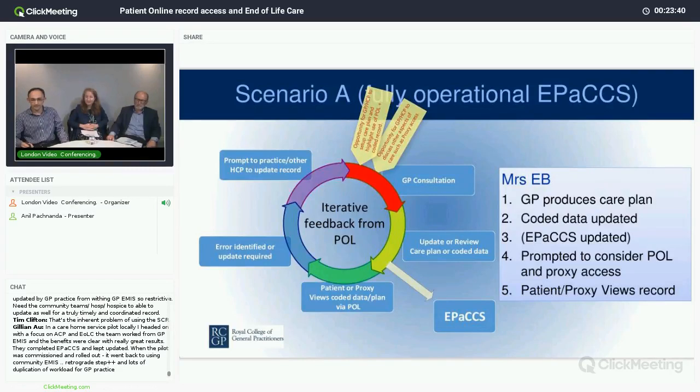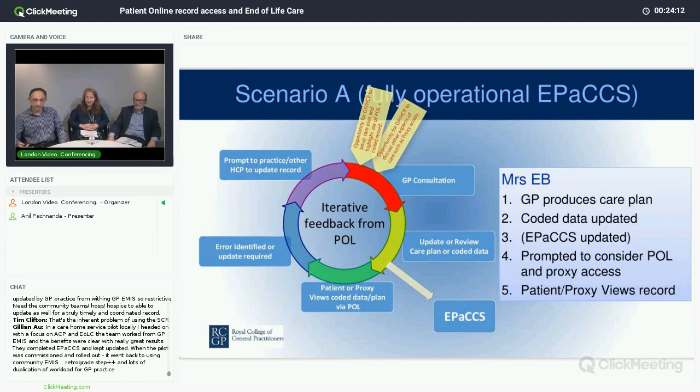The coded information is entered into the GP record, and at that point, if there's an operational EPaCCS system, then that can be updated, and then at that point, a patient or relative can be offered or prompted to consider the use of patient online services to view the care plan, view the record,